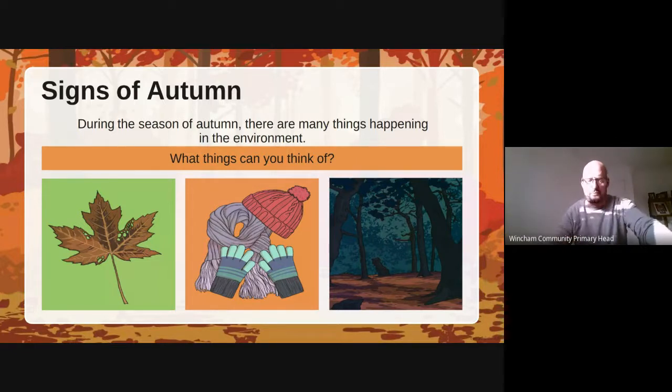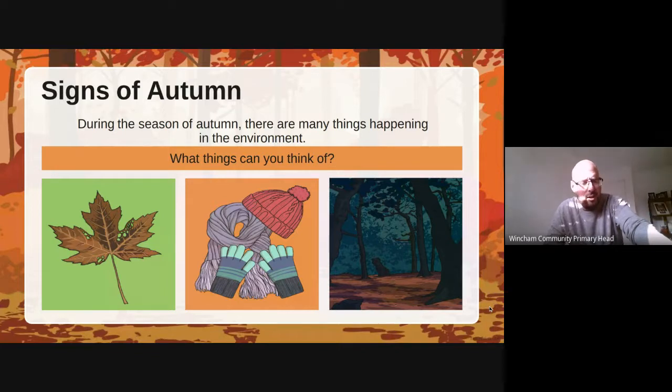Well, we've got the leaves turning a different colour. We've mentioned that one. This one is showing how we need hats and scarves and gloves, maybe. I told you I put my jumper on. And this one is darker nights. And you can't sit out in the garden nearly as late as we have been, because it's getting darker earlier